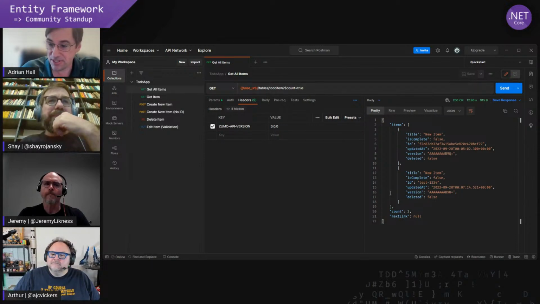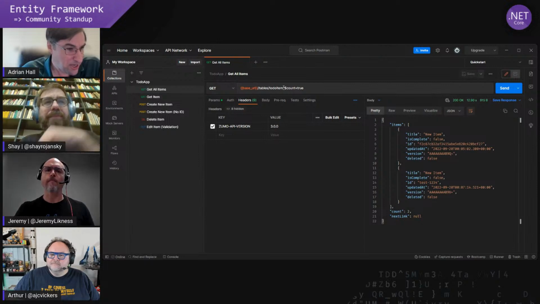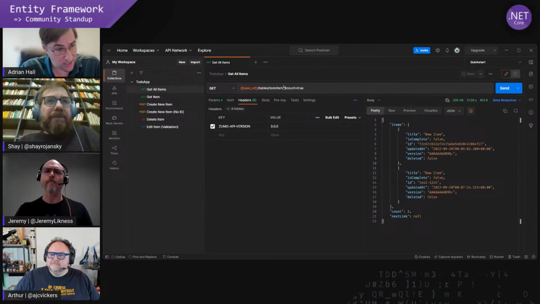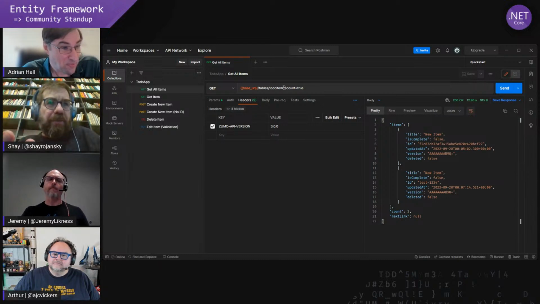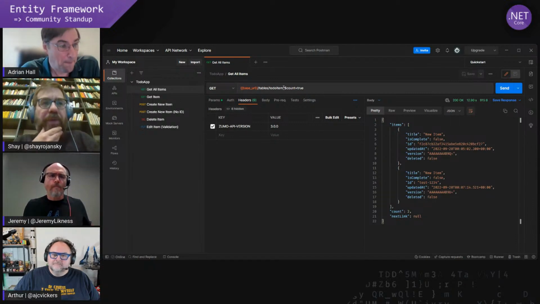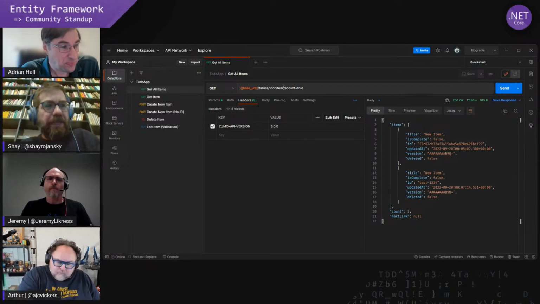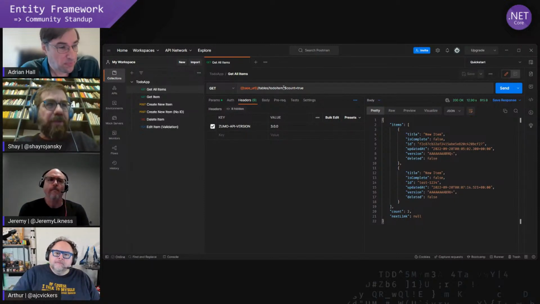So, get all items: you can see this is actually an OData query. You get a full implementation of OData that gets translated into a LINQ query applied to the data store. That's actually what I wanted to ask about. So when I opt in and use your repository, you also bring in OData as a querying mechanism, and I opt into that as well. Yeah. And if I use a grouping or any sort of OData operator, the OData layer will translate that to LINQ operators, which will get to EF Core and so forth.